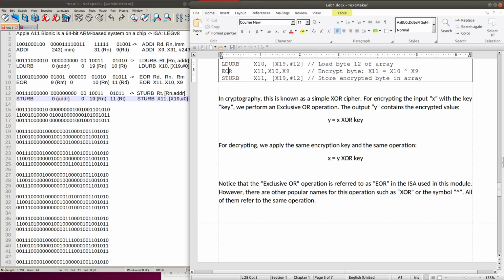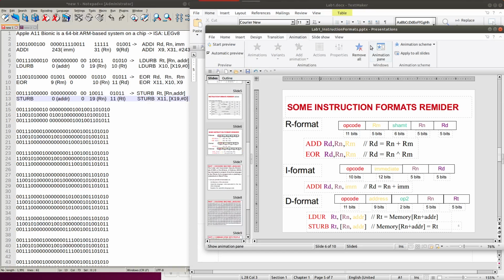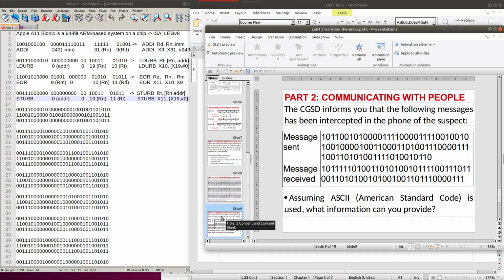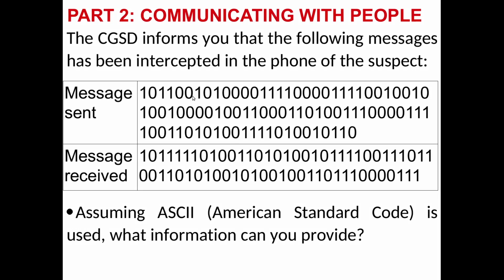And now we will go to the second part of our lab today, part 2, about communicating with people. The CGSD informs you that the following messages have been intercepted in the phone of the suspect.